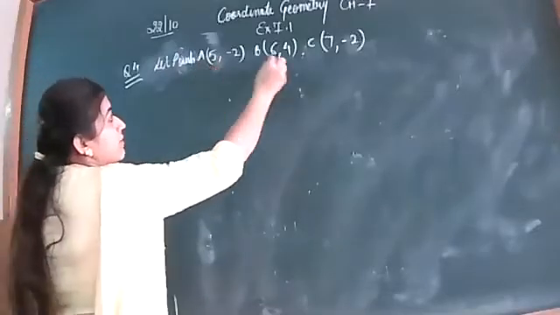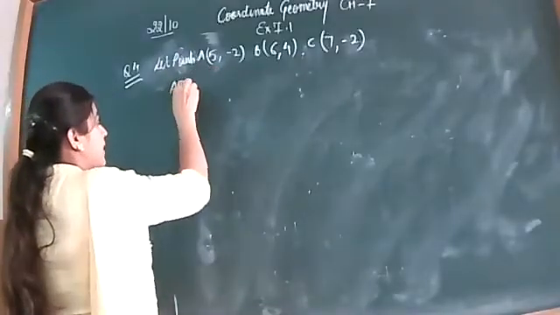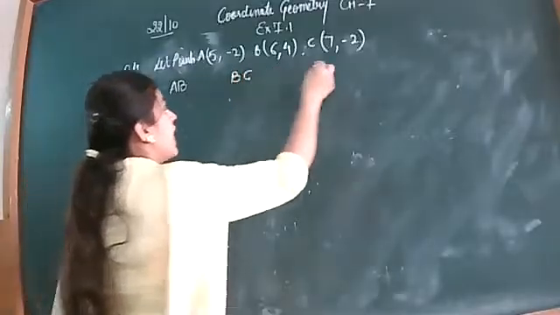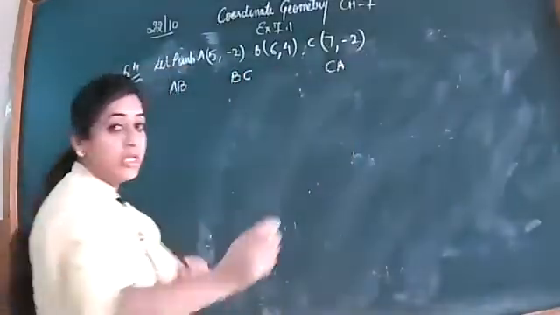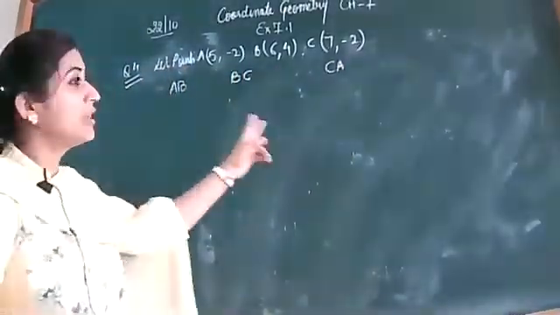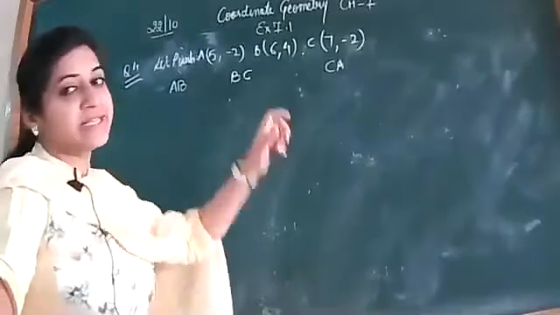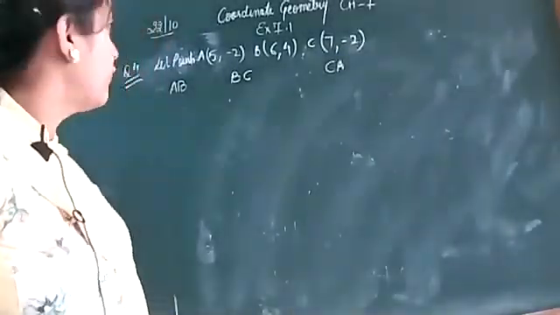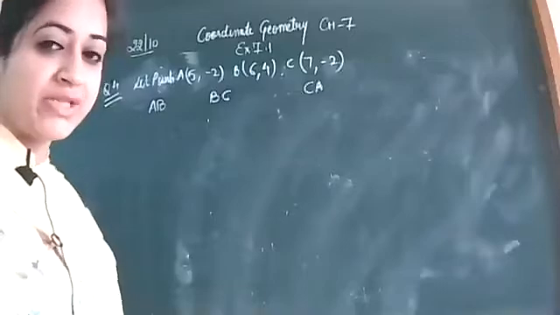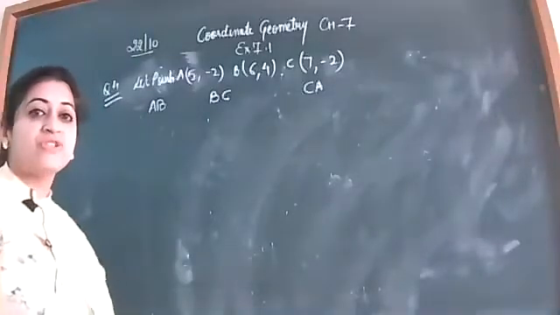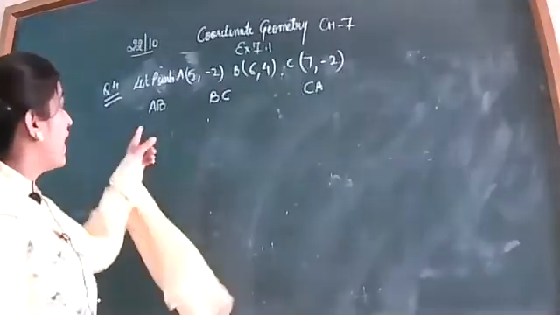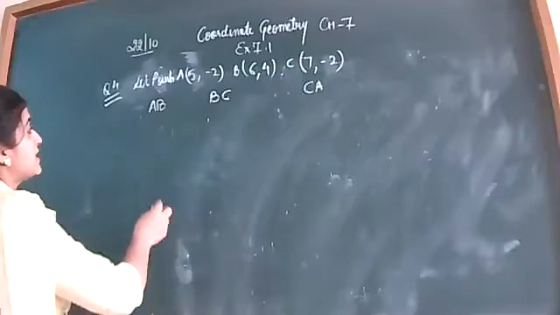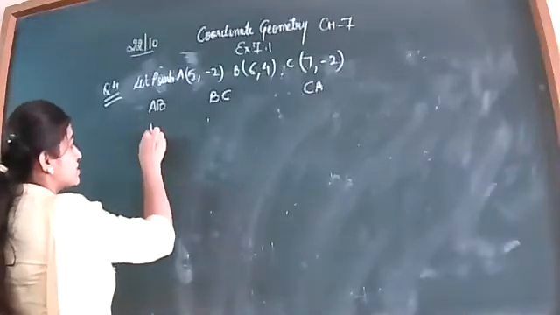I have given them the name ABC. So you will find AB, BC, and CA. You have to find the length of all these 3 line segments, AB, BC, and CA. Then, how you will find the length of these 3 sides? Yes, which formula we will use here? We have to find the length of AB, BC, and CA. So let's use the distance formula.